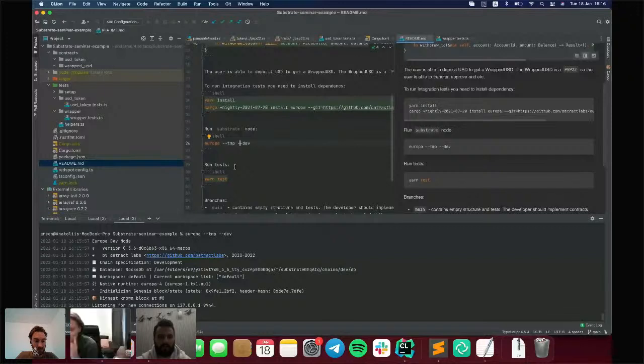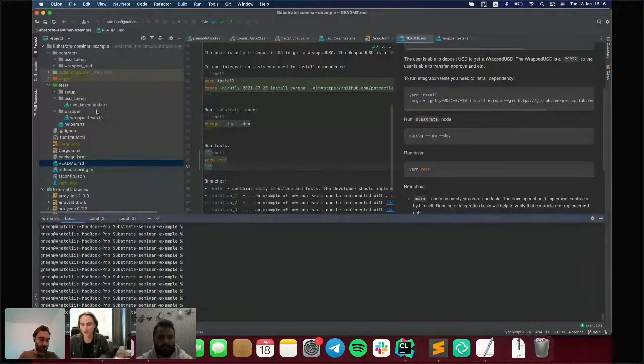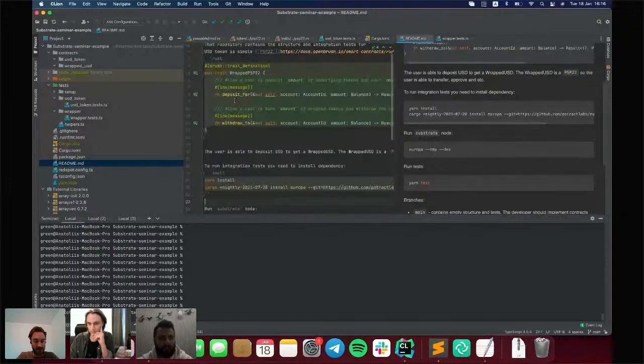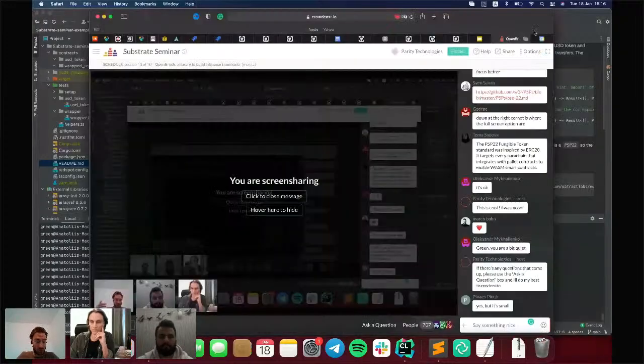Pierre, for those who don't really know what a Europa Node and Redspot are, can you maybe briefly explain what these are? Europa is a Substrate node with the contracts pallet that was designed for test purposes. So it makes integration tests really fast. There is no such thing as block time, it's really fast. So it's just a Substrate node for tests.